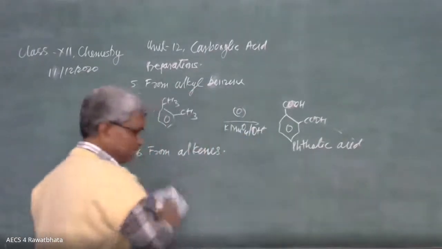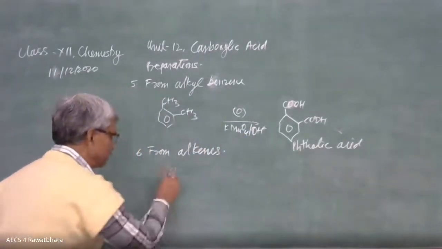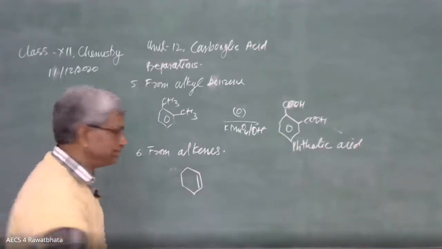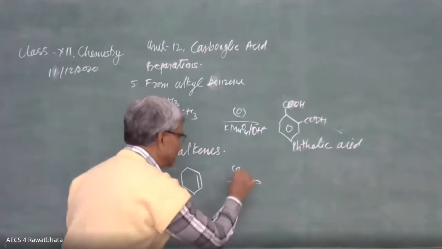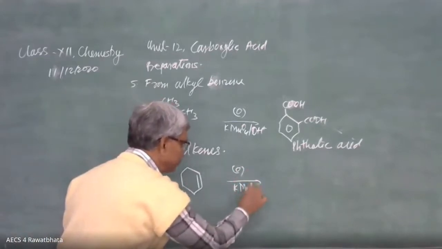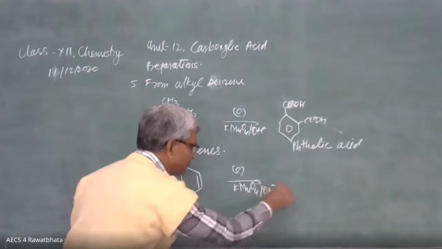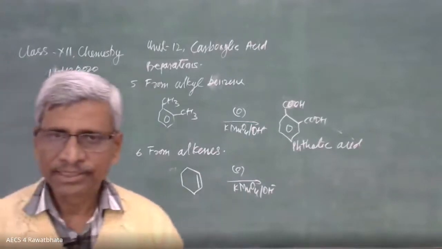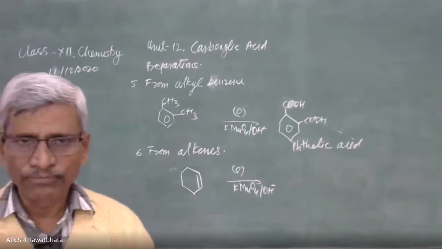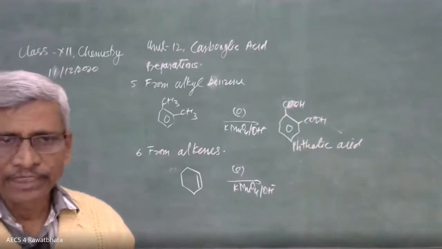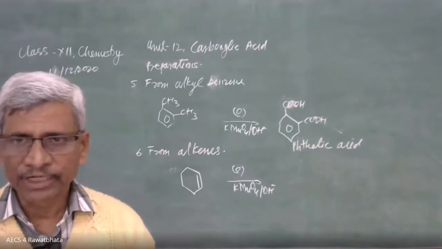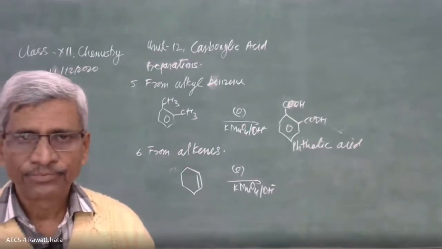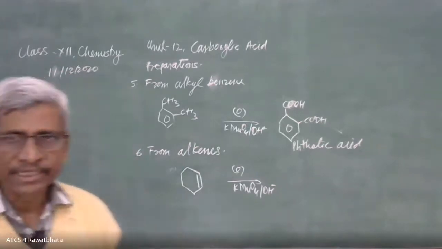One more example I am going to give. Please complete this reaction. Here is the compound, a cyclic alkene, going to oxidize by KMnO4 in basic medium. What should be the product? Please decide the compound, the final product obtained by this method. What is the product here? Yes, beta. Please decide. What is going to happen in this reaction?